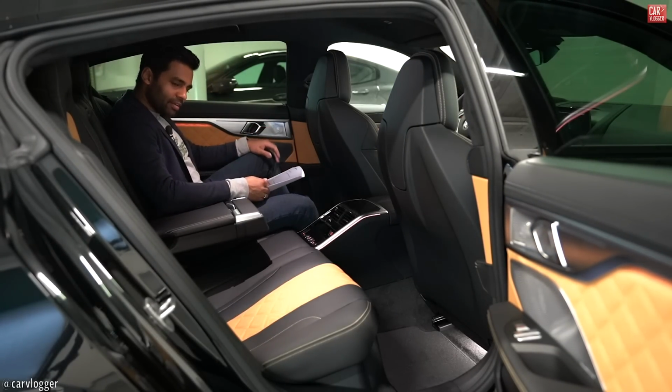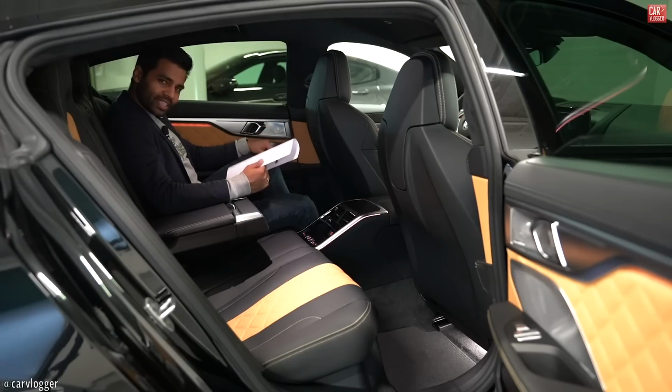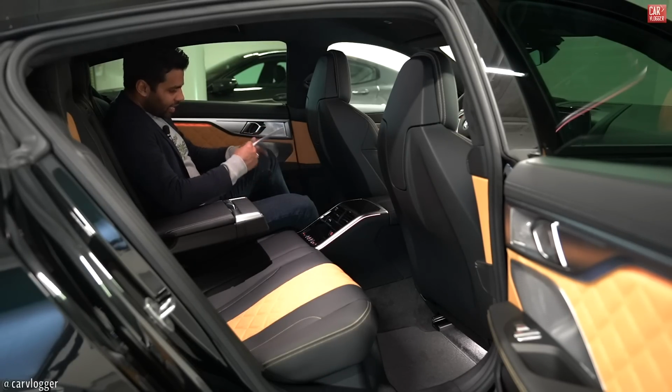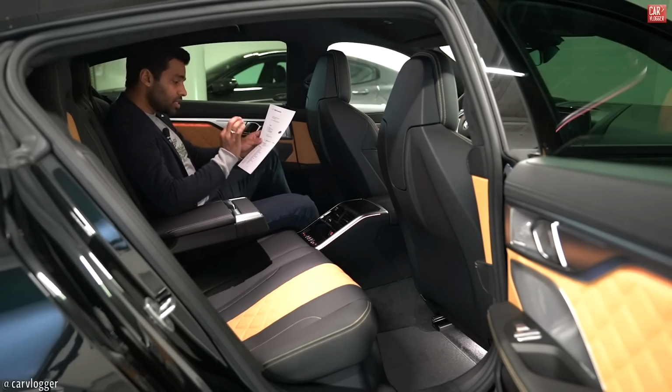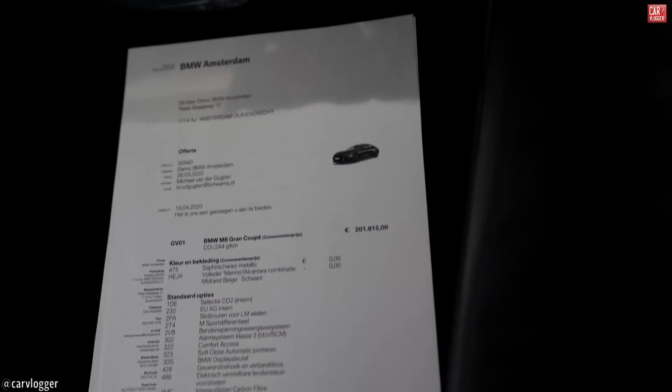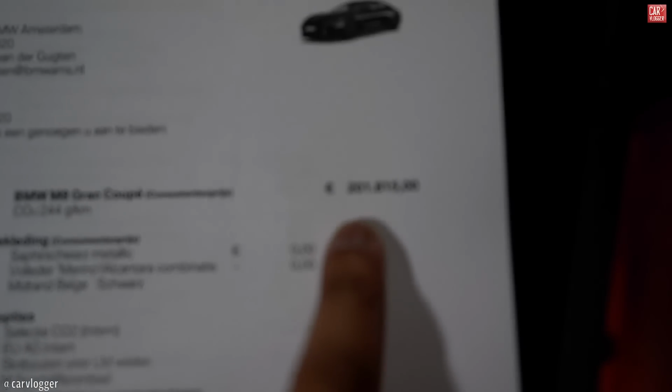This is where the gameplay for the Gran Coupe starts, in the rear section. Okay guys, I have the option list here. Let's have a look at all the specific options of this M8 Gran Coupe in the color Sapphire Schwarz Metallic. Okay, from the massive rear trunk, we're gonna have a look at the option list. BMW Amsterdam base price, here we go with this spec,